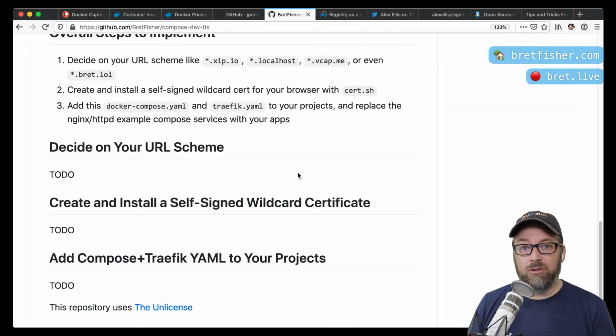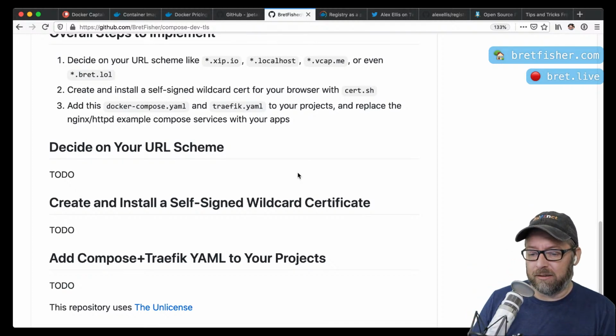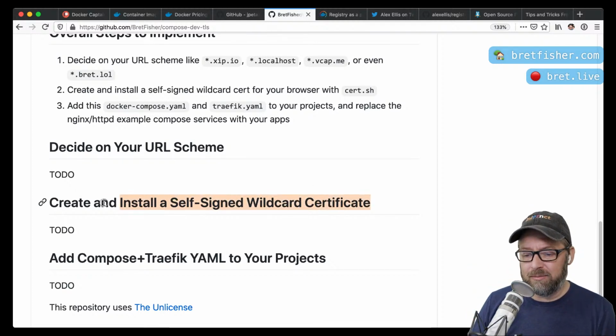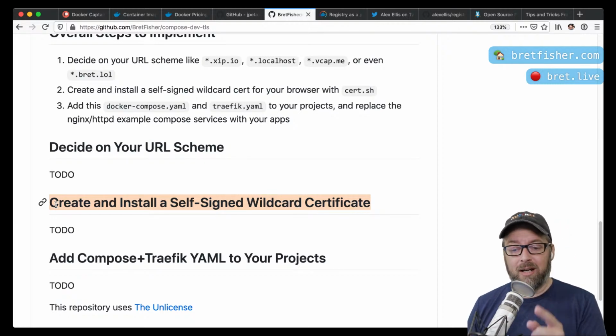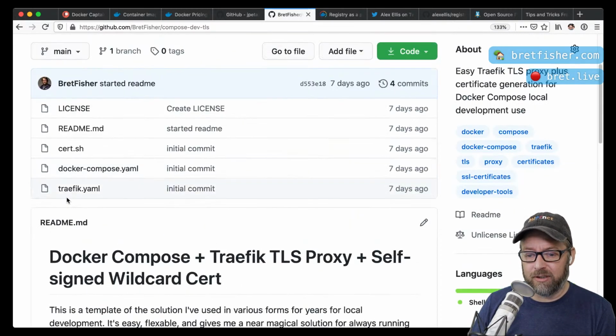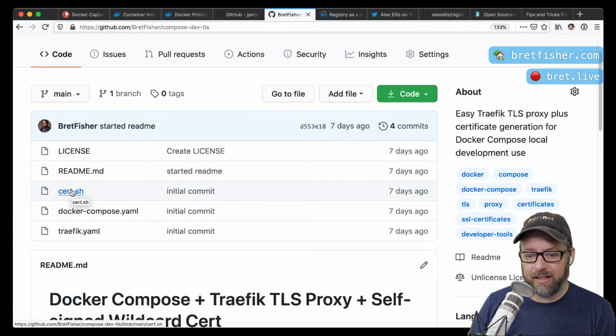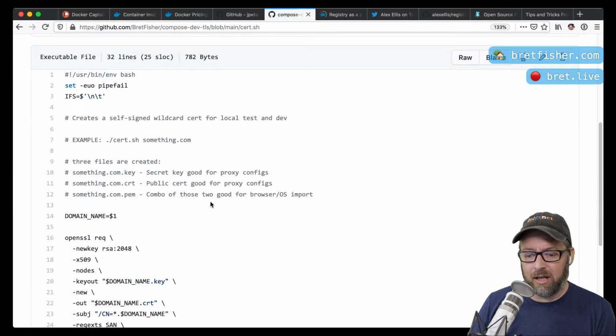So that you do that once. Like that's a one-time deal. The second one is also a one-time deal. You create a local self-signed wildcard certificate, and then you add it to your browsers. That's a one-time deal. So I have a script in here for you called cert.sh, and that is a one-liner,